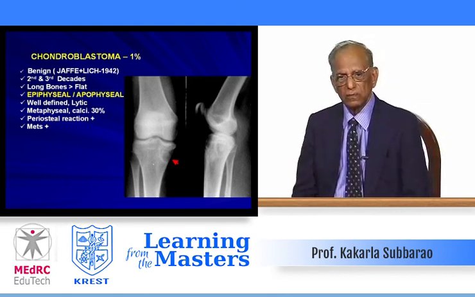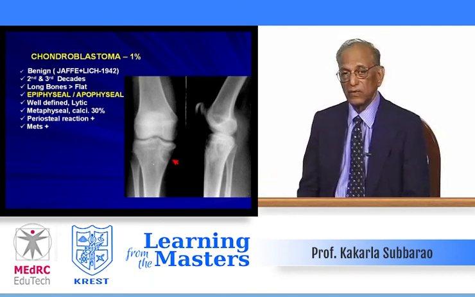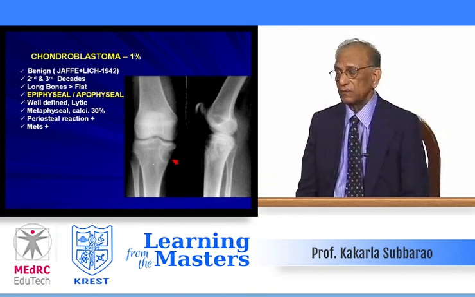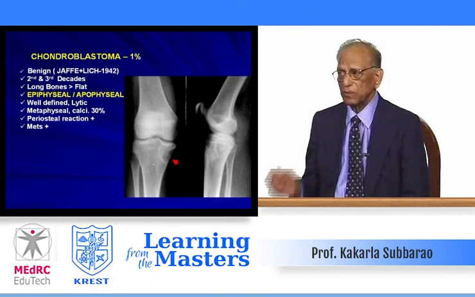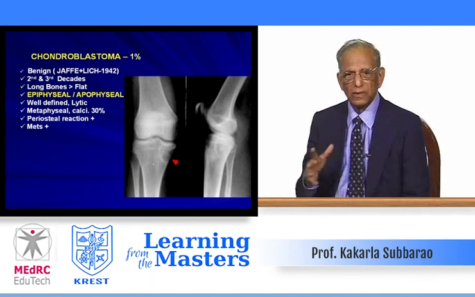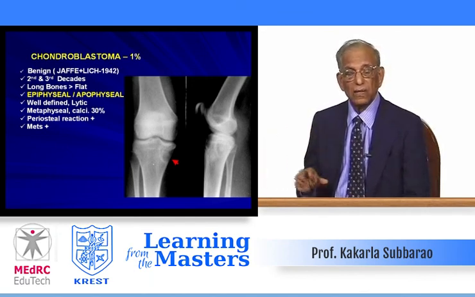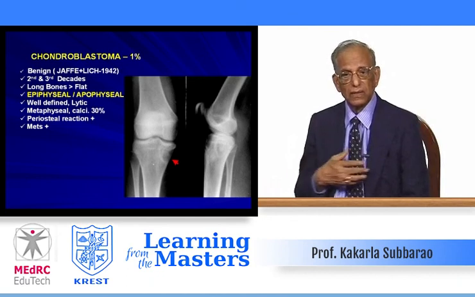Long bones are more common than flat bones. Epiphyseal, or it could be apophyseal, a well-defined lytic area. This I showed you on the film earlier. Metaphyseal. Calcifications occur in 30% of the cases. Periosteal reaction may be present, particularly when it is metaphyseal. With epiphyseal lesions, there is no periosteal reaction. And occasionally, even in benign chondroblastomata, you may get pulmonary